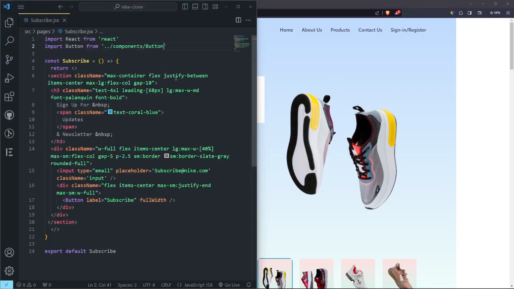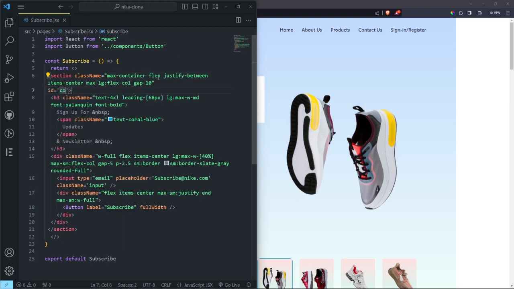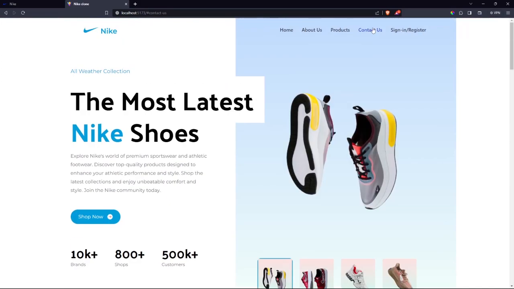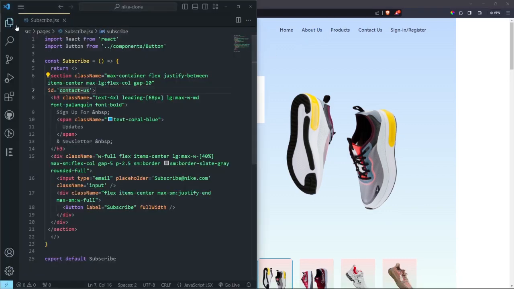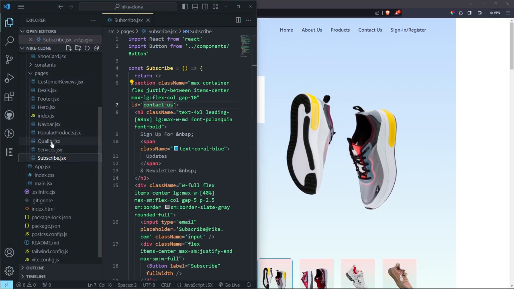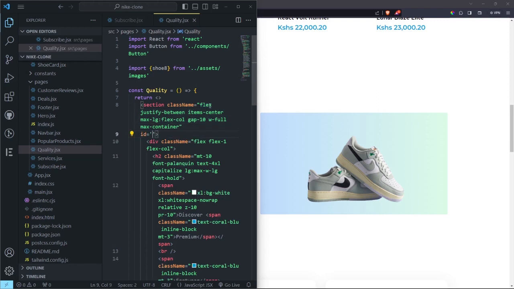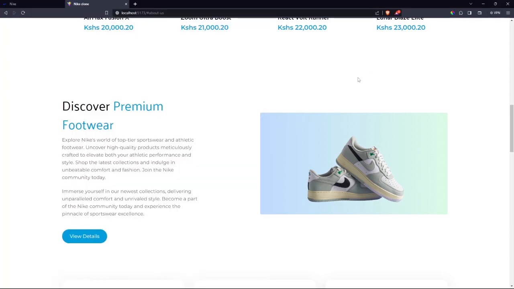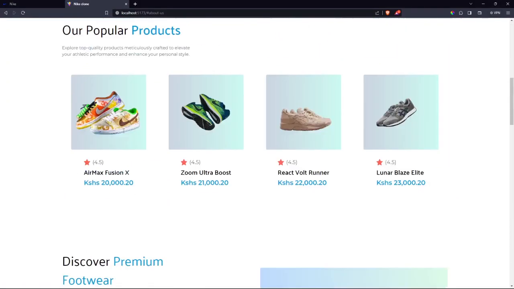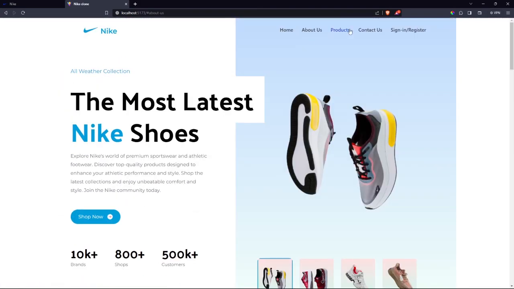So in the subscribe, we can come here and do, is it here? Yeah, we can come inside here and do ID, which is going to be contact us. So that when we click the contact us, it scrolls us down to the, yeah, that's better. Products, we have it. About us, now we have to add the about us. So let's come here to the, where was it? Quality, I think, not the quality. Yeah, it's the quality. Let's add an ID of about us like that. So you can see we have it. So the home is, the about us is working, products, contact us,